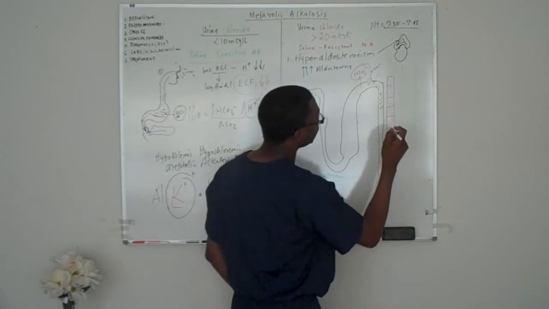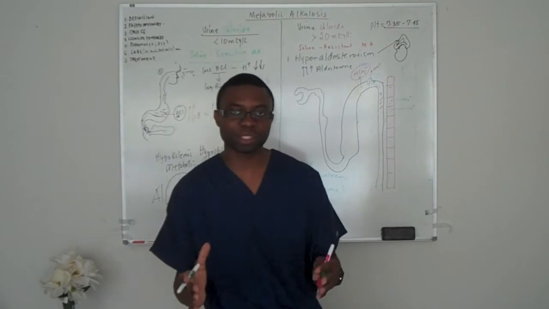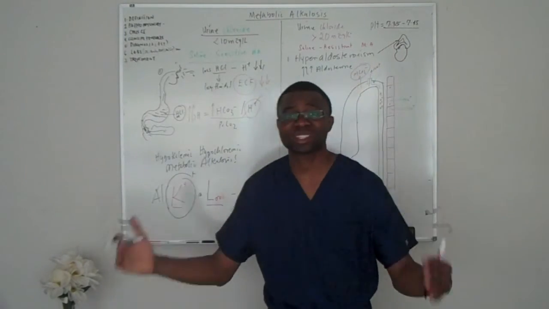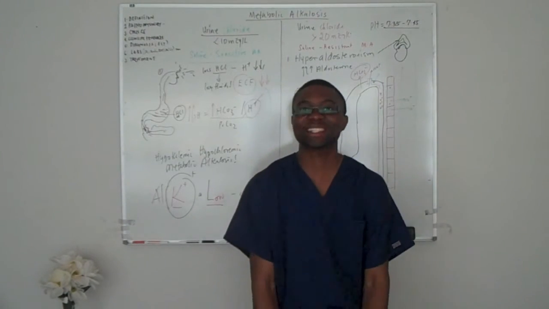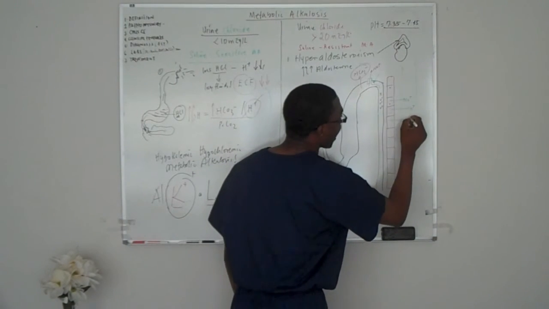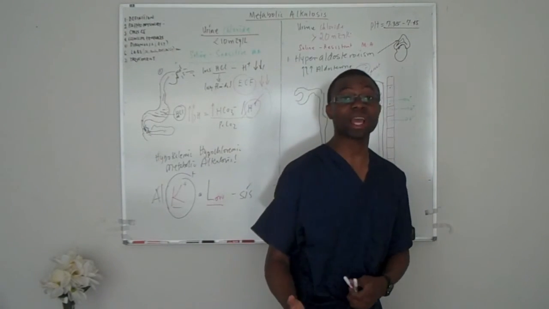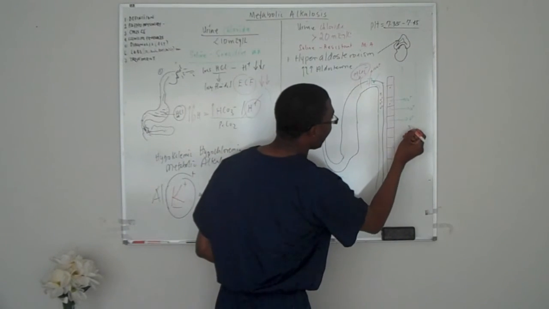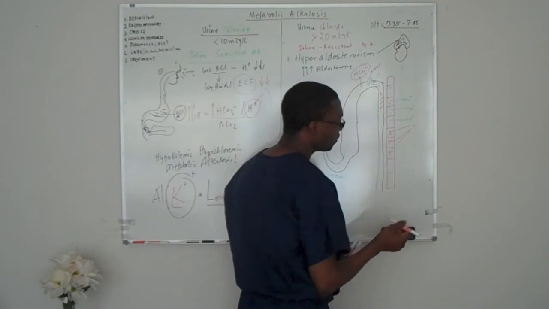So these cells are going to try to release potassium to replace it, because remember, if you don't have potassium, you have hypokalemia, you get the flat T waves, the U waves, and you get a cardiac arrhythmia, you get torsades de pointes, and you get ventricular tachycardia, ventricular fibrillation, and people can die. It's pretty bad. So the body automatically starts to shoot potassium out into your blood vessels. But in exchange for that, hydrogen ions are going to start being pumped in. A lot of hydrogen ions are going to be exchanged for this potassium.